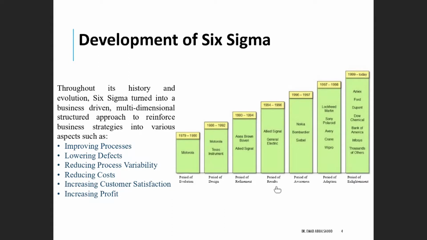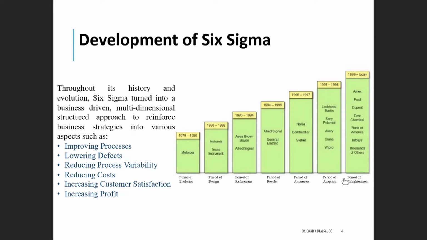The period of results, this is what you are learning here in the quality improvement methods, what you are learning in the DMAIC and the Six Sigma methodology, as well as the Lean and the DMAIC-V. All this comes here in the period of results. And then the period of awareness, it starts to spread out to other government sectors or even countries. Both of them adopted this method.